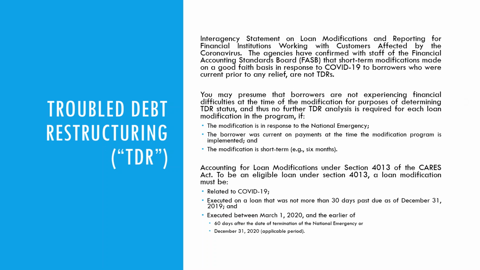So it seems to be counterintuitive because people are going to try to remain current as long as possible, but other people are going to see these programs being rolled out and believe that there's going to be help for them there on real estate mortgages, for example, and possibly default. So you're going to want to try to approach the modifications with urgency, because once those loans default, and if they remain defaulted and they're not processed, you're not going to be able to classify this as a COVID-19 issue or a Section 4013 loan under the CARES Act.